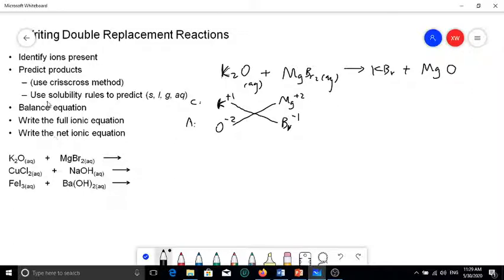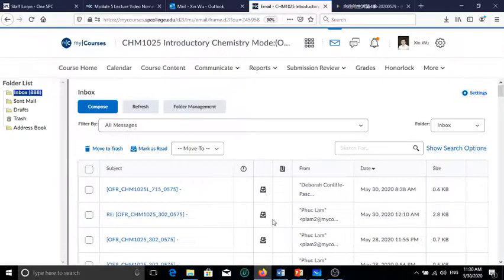Now, the next thing is to use the solubility rules to predict what they are. Just want to remind you, we've said that this is actually about making a solid from an aqueous solution. Now, at least one of these two products has to be a solid to precipitate out. That's why it's called a precipitation reaction. So how do I know which one is going to be precipitated out? You actually go into my courses,